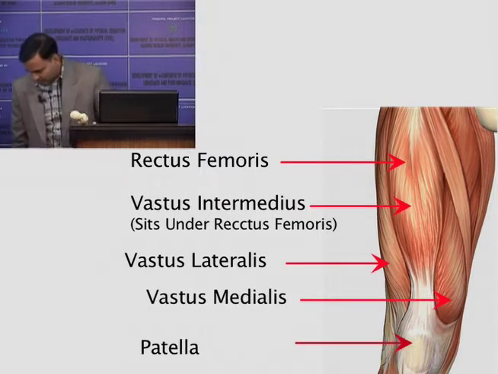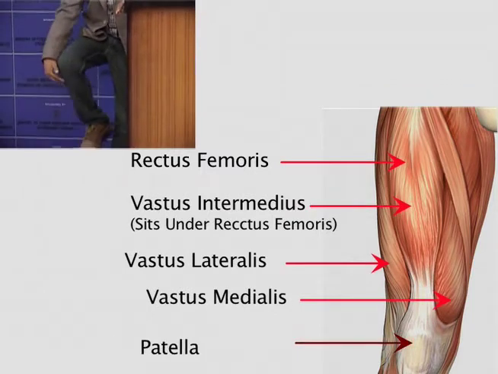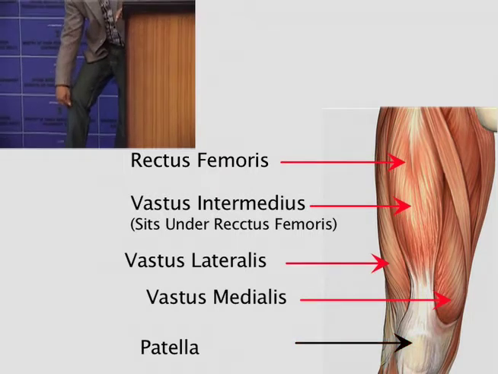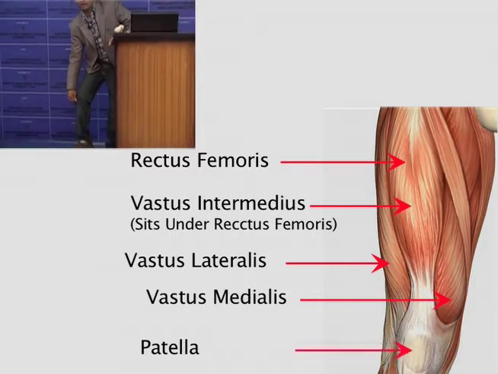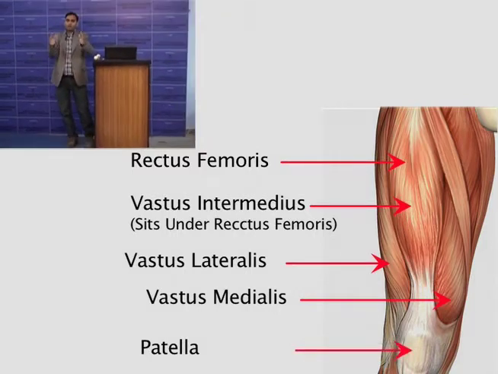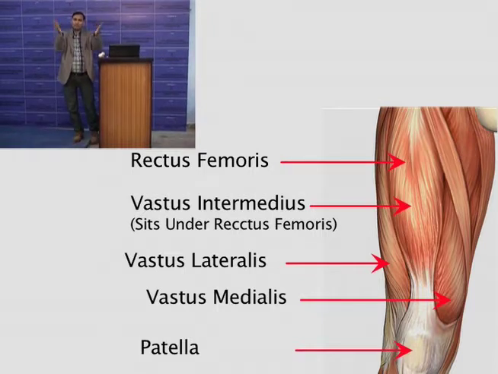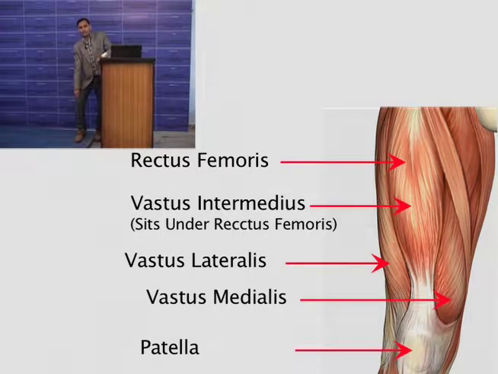Over the tibial tuberosity means, this is the tibia. This is the tibia bone, and there is a prominence here. You can feel the prominence over your tibia. This is known as the tibial tuberosity. So all four muscles of quadriceps are uniting at one point and making a tendon known as the patellar tendon or quads tendon. At one end, the quadriceps muscle is attaching over the patella, and at the other end, the patellar tendon is attaching over the tibial tubercle.